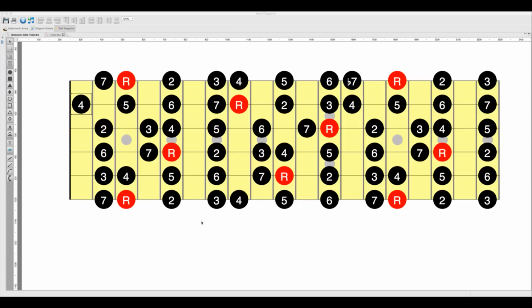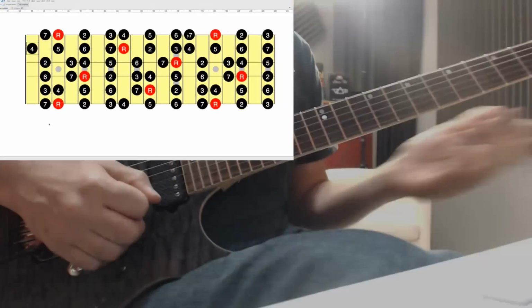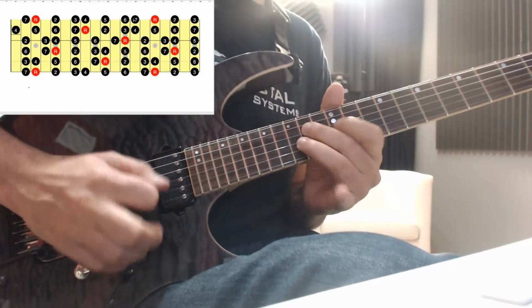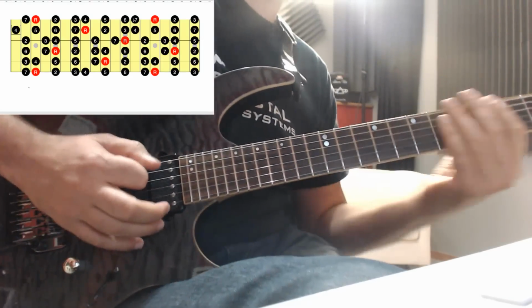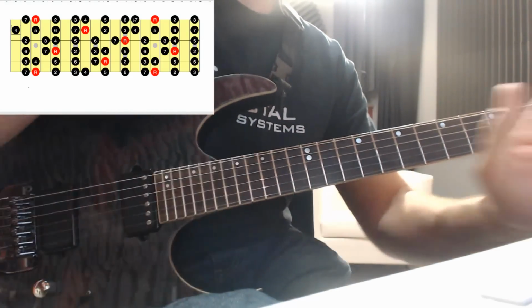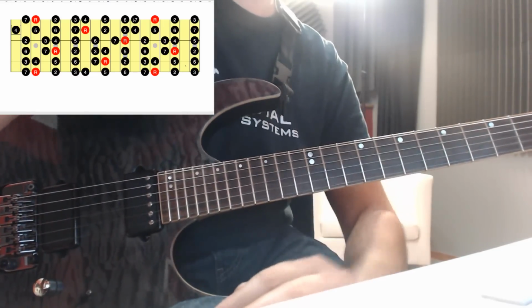So we are in G Ionian. All the notes on the fretboard are all going to fit that backing track. No matter where I am on the fretboard, they all work. Notice that I'm not just playing the alphabet here. I am actually phrasing, developing some ideas. And that's the goal here. We're going to learn how to phrase